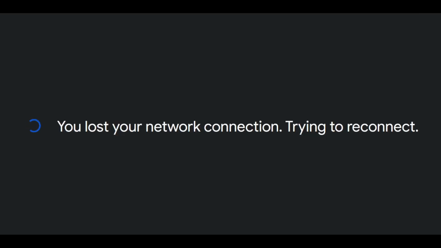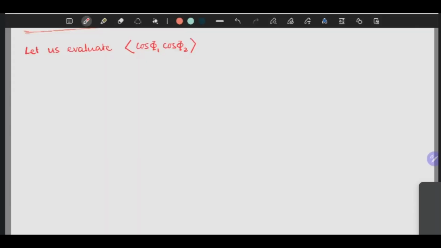So let's evaluate. Now let us evaluate this, cos phi 1 cos phi 2. Now if we got this, you can easily calculate the mean square displacements. So to get this, what we will do, we will write the following thing. First,